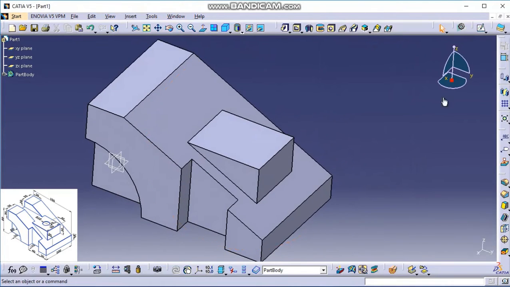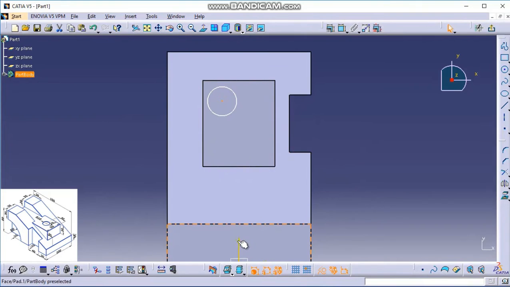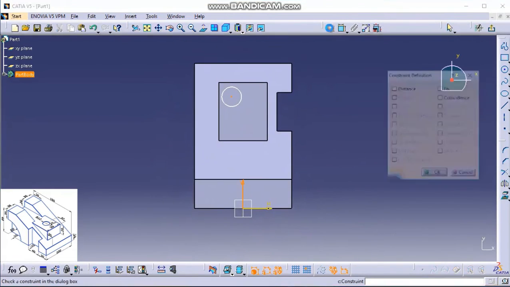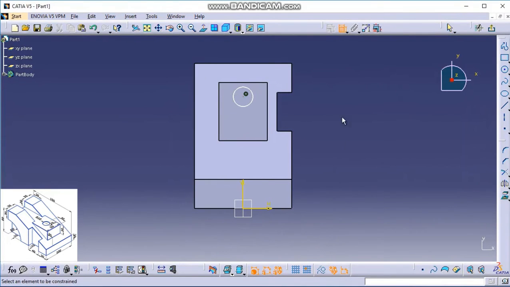You can see. Now we'll take sketch on this plane and create a circle. We'll take the center of this circle and this vertical. Coincidence. Now let us give the dimensions. From this edge to this center, double click.